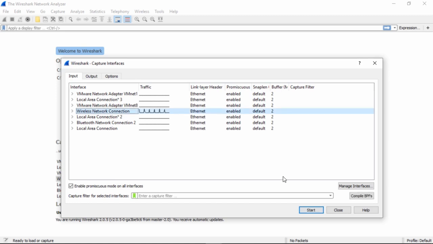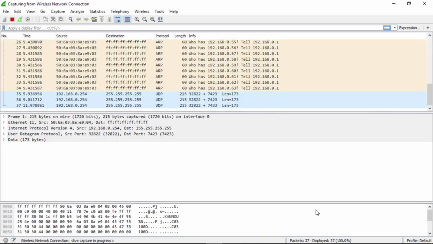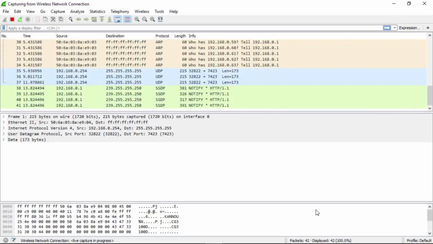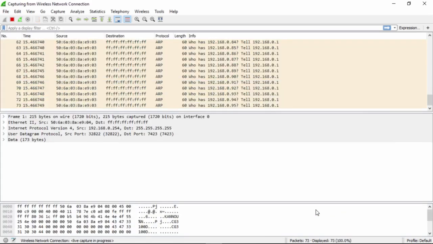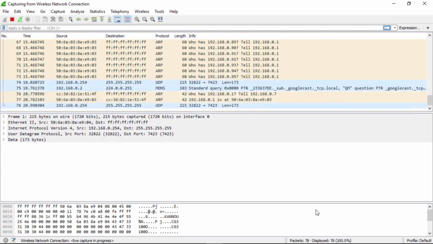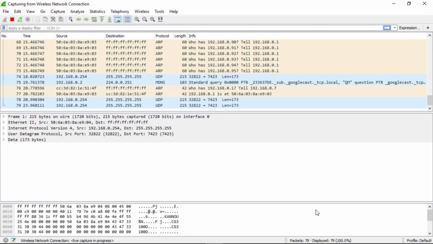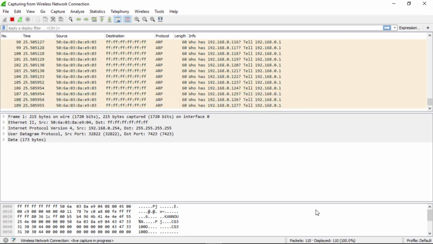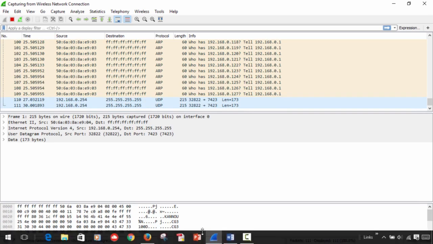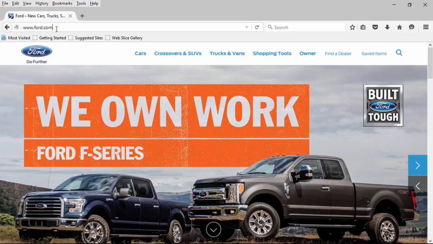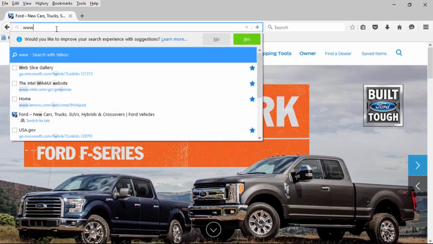I'll select my wireless network connection. Remember, we want to discuss a process and methodology for reviewing the data. We will briefly visit this here, and as we continue to build our skills, we want to enhance and hone our process. So I'm going to go to a couple of websites now and generate some traffic. I will continue with my theme of cars. So I'll go to my browser, and I'll go to